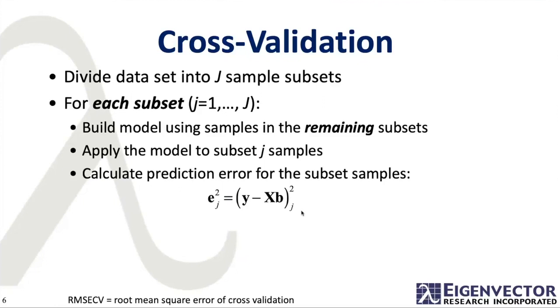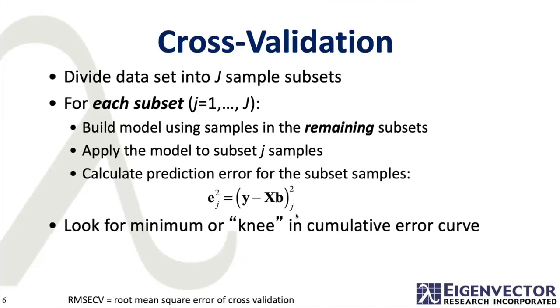The important point is that you calculate the prediction error for the subset of samples that you've left out. You look for some minimum in that, or knee, the point at which it doesn't get any really better. And you add those all up, basically. So you add them up, and the most common